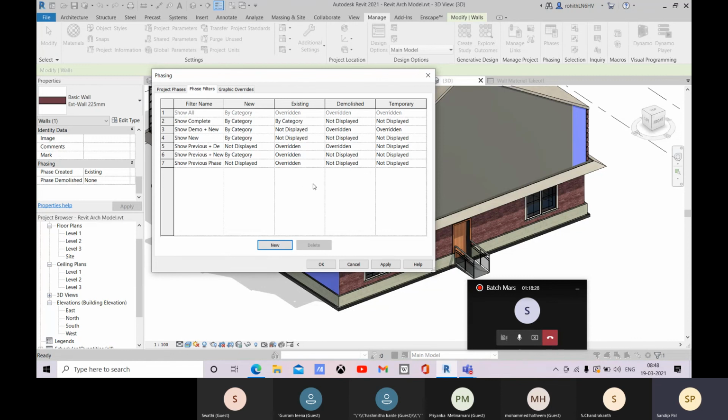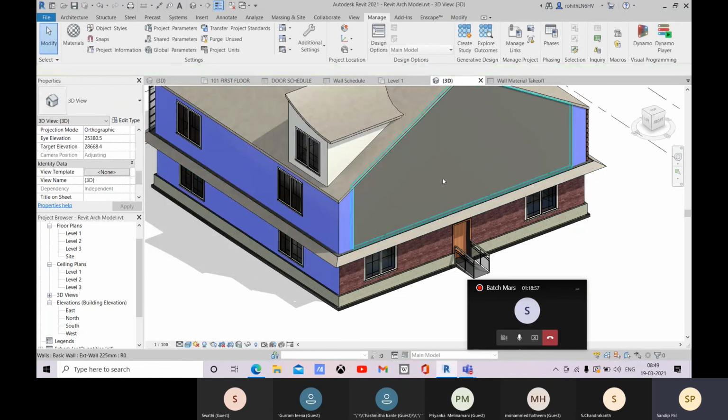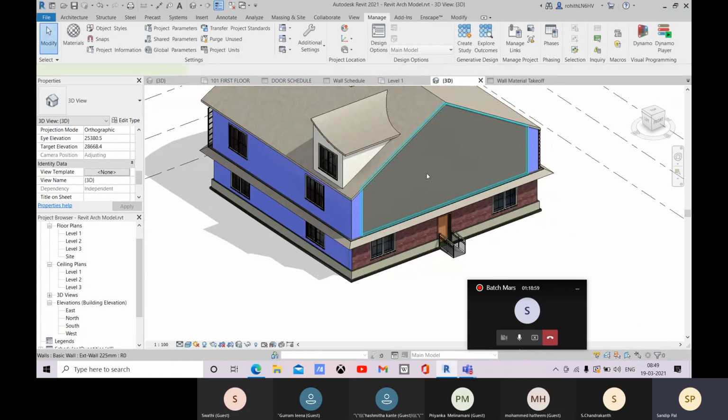So this will be for this existing. When we go only for show complete, or for previous phase, this will be overridden, and as per this existing, this will be like this. So that's why. Okay, so the material is phase existing, so that's why. All right, so nothing to worry. Okay, we have found the problem.